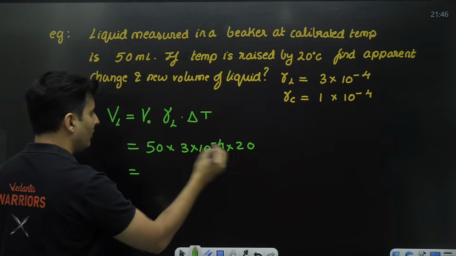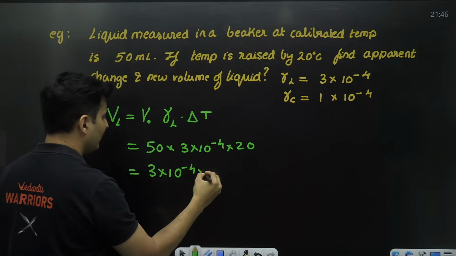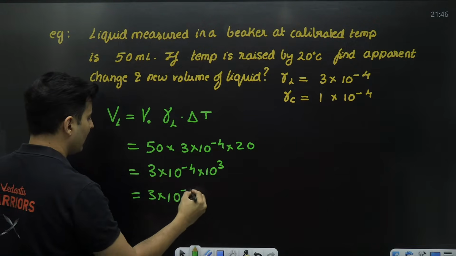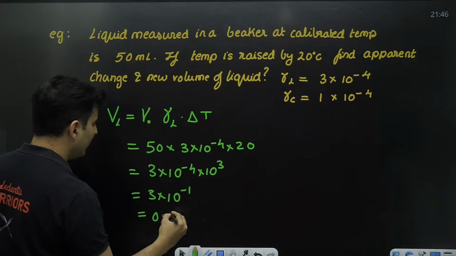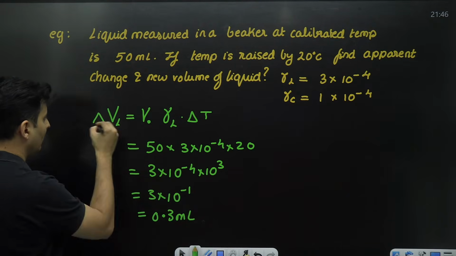So 5 twos are 10, 3 zeros. So 3 into 10 to the power minus 4 into 3 zeros. So that will make it 3 into 10 to the power minus 1, which is 0.3 ml is the change in the volume